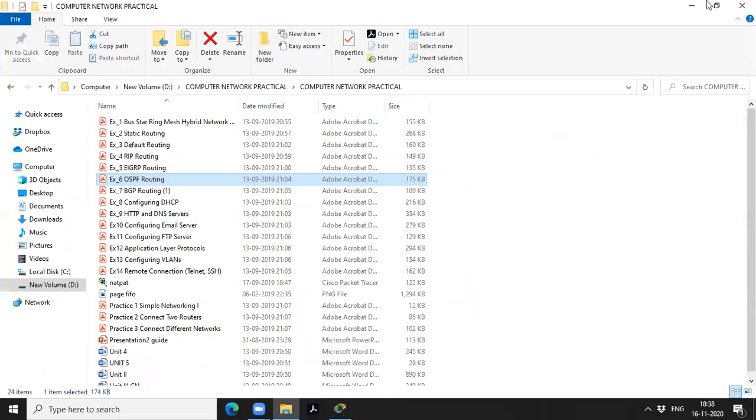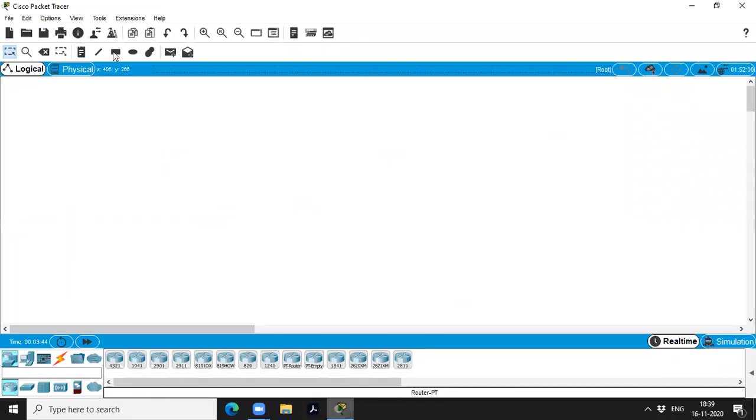As in the previous class, I have discussed how to choose a PC. So I'm going to take three different networks along with three different routers. I have to design this.